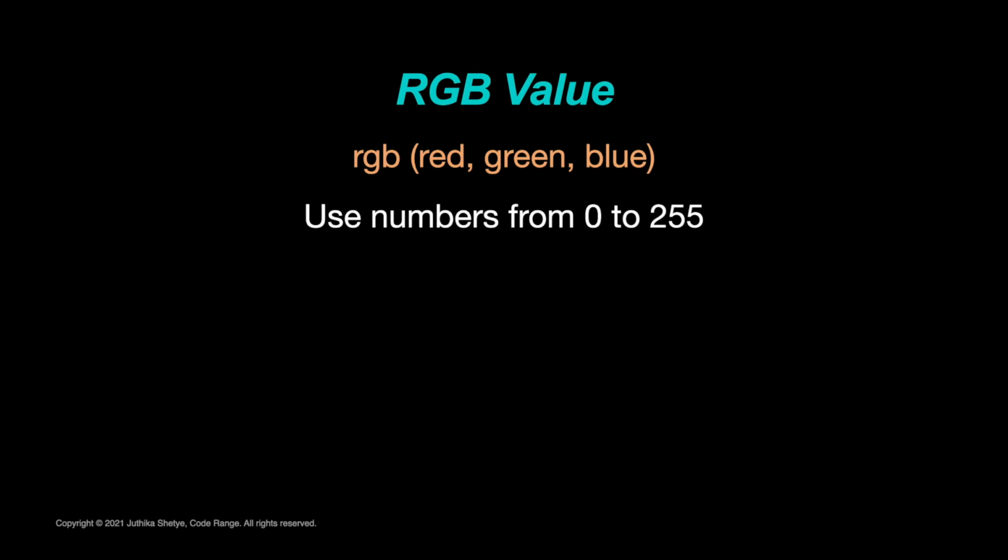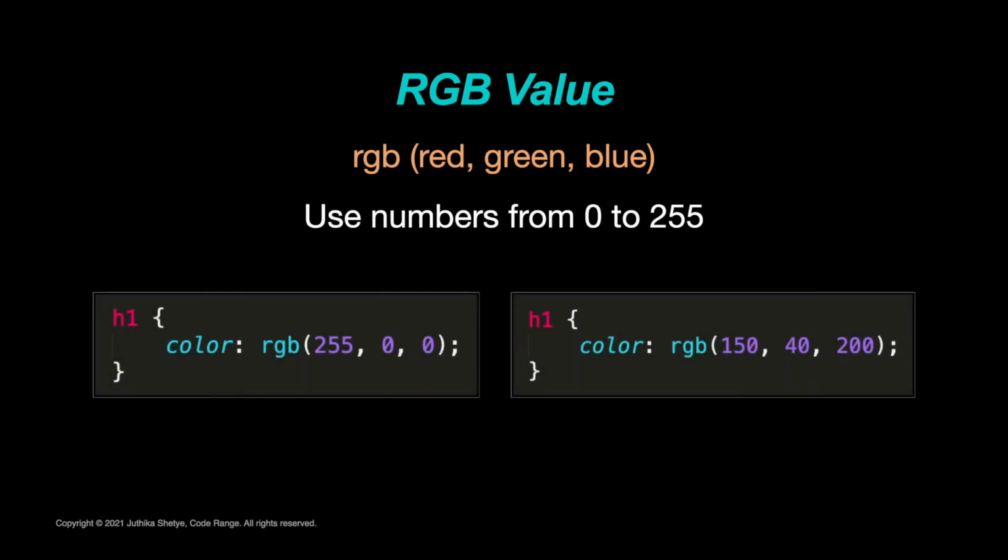The next way of writing colors is by using their RGB values. Again, it's the same idea that we have here, red, green and blue. But instead of using these strange hexadecimal numbers, we use numbers from 0 to 255. It is written like this, with the word RGB, then round brackets, and inside the round brackets, you have 3 comma separated numbers between 0 and 255. The space between the commas is not a requirement, but can be added for readability. These numbers define the intensity of each color parameter.